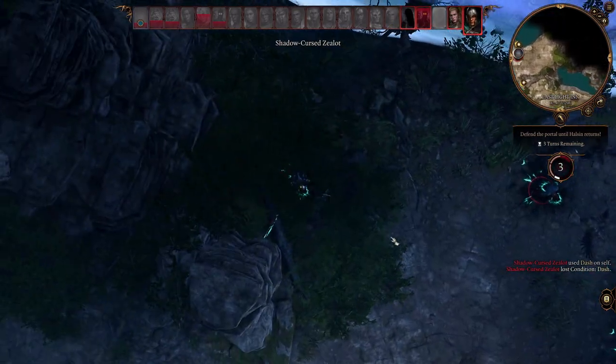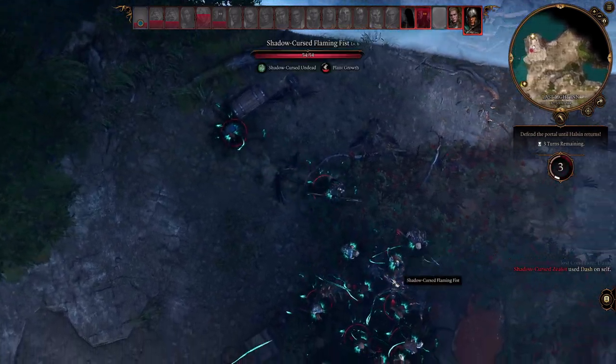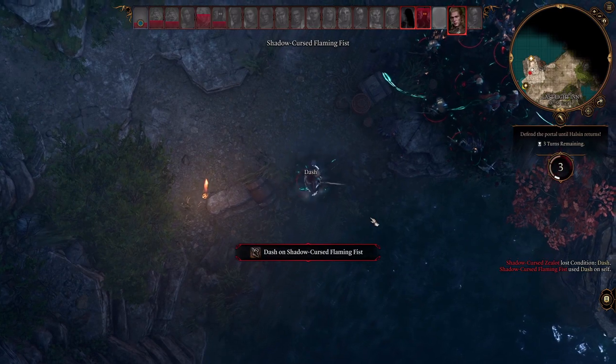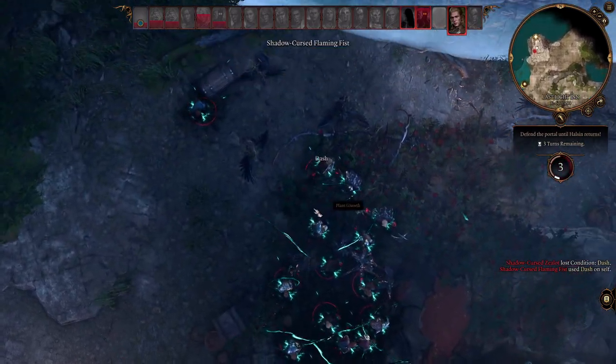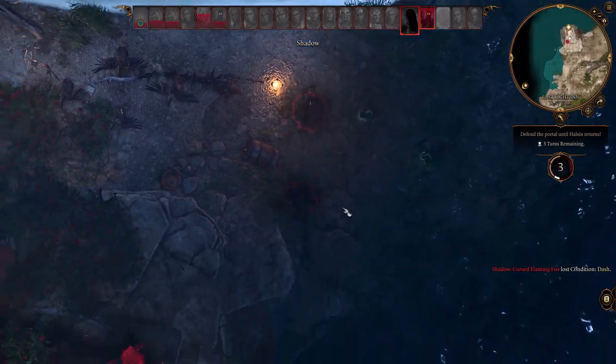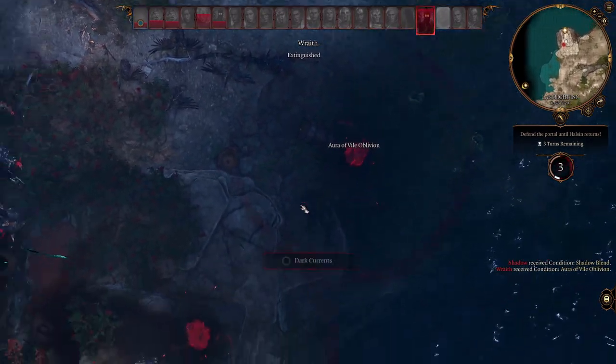Yeah, you see the plant growth is putting in massive amounts of work right now. Just this entire clump is completely not a threat. This is why I like this build, because we can handle encounters that not a lot of other...